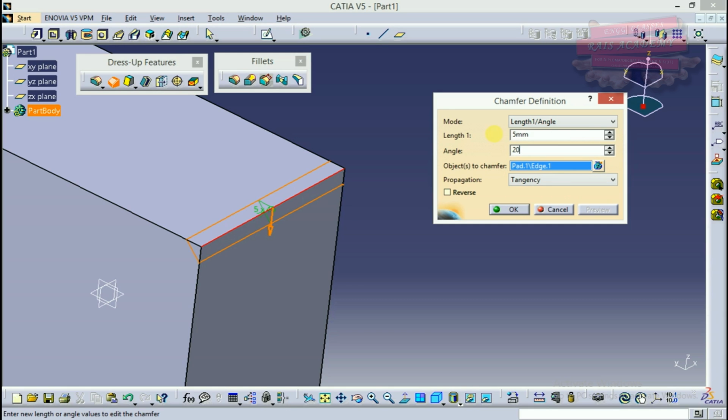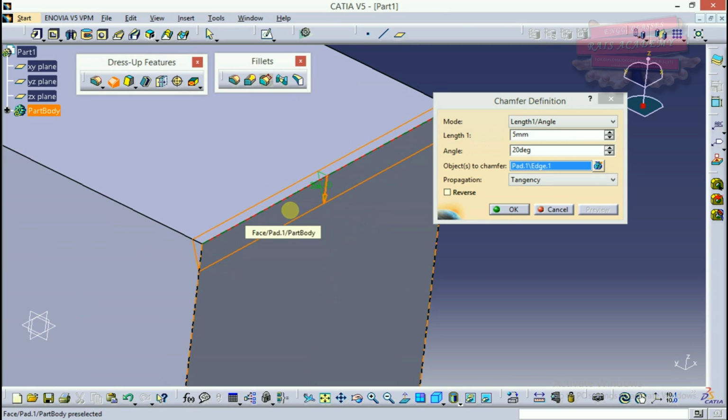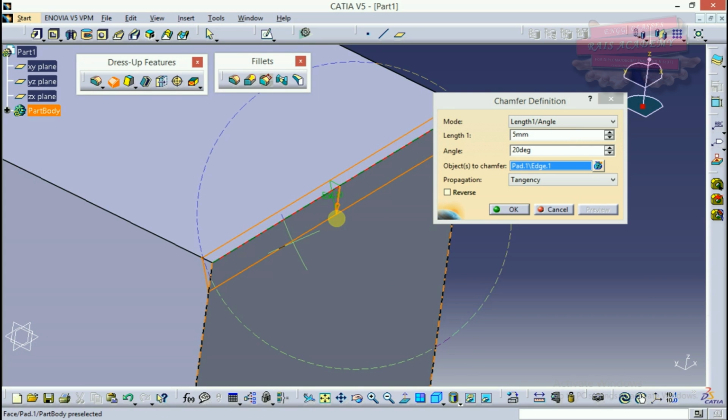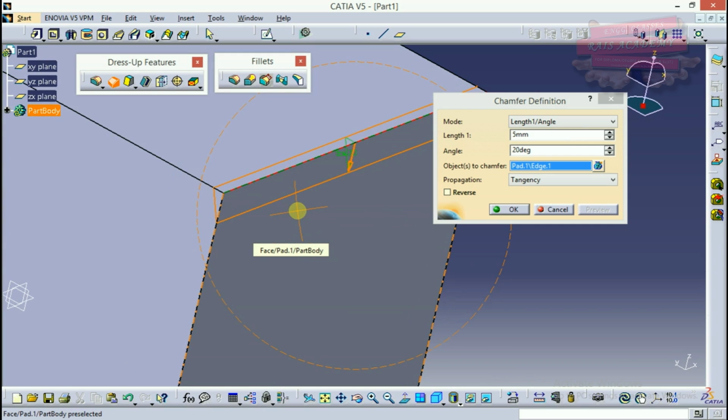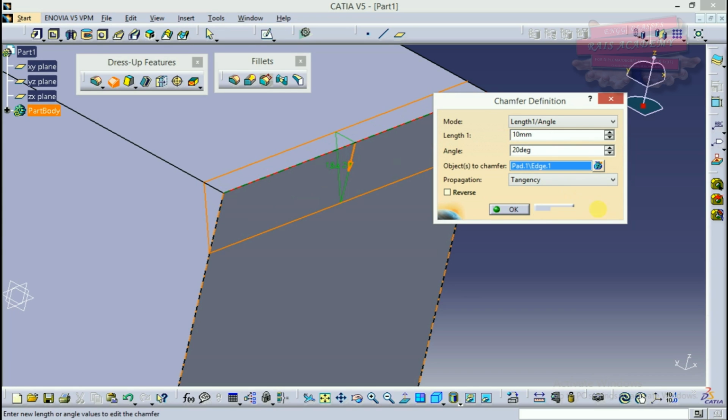Now when I click on preview, you can see it has adjusted itself as per these dimensions. Now suppose I give the length to be 10. Now preview, you can see the length has increased in that direction.